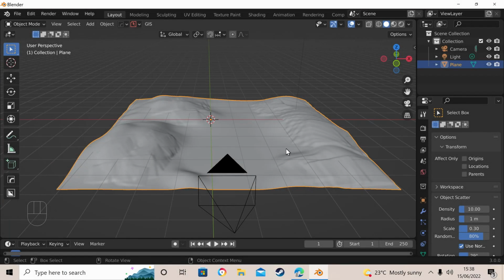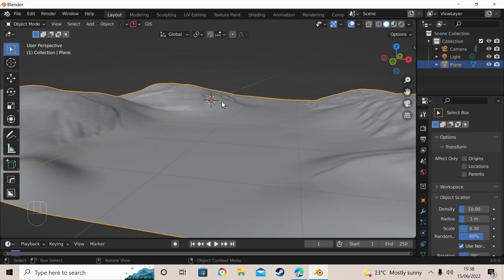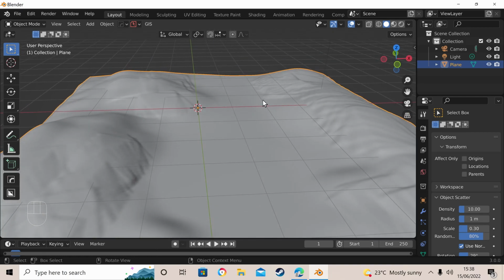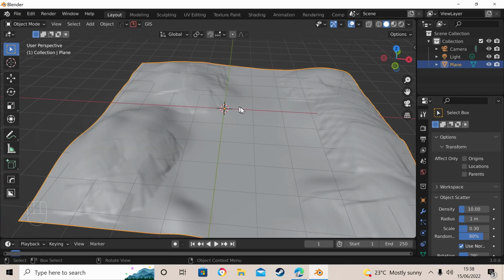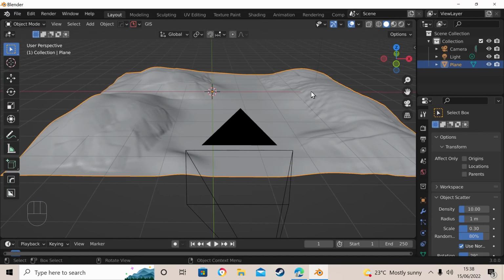Hey guys, I thought today we'd have a little look at Vertex Painting. It's pretty easy to do and the effects are really cool. So I've made this, I guess it's a river, the banks of a river, that sort of thing. It's just for example, so it's not very pretty, it's not very exciting. Anyway, it doesn't matter, because we're going to make it look a bit more interesting